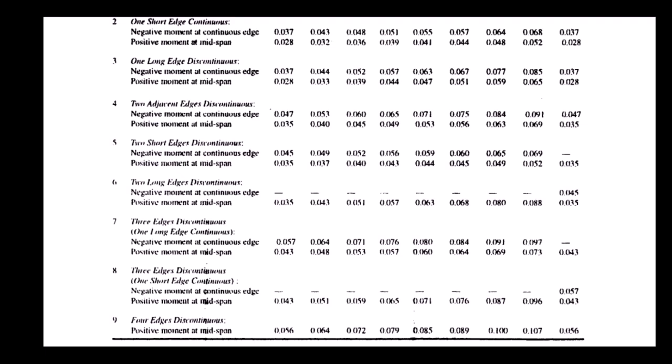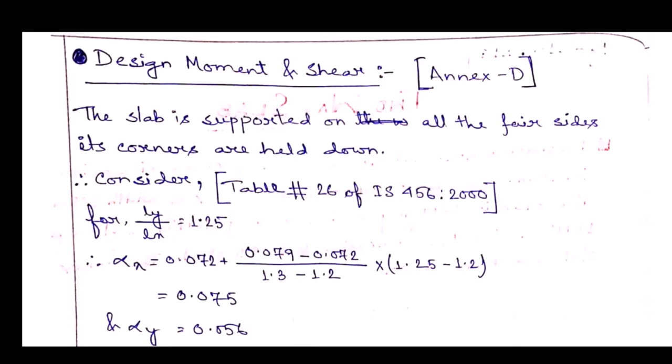Okay, so let's go to the problem. In this case, the support condition is not given in the question. So we may consider the slab is supported on all 4 sides and its corners are held down, as given in the question. Therefore, we have to consider